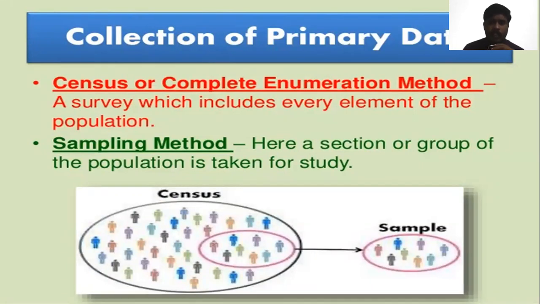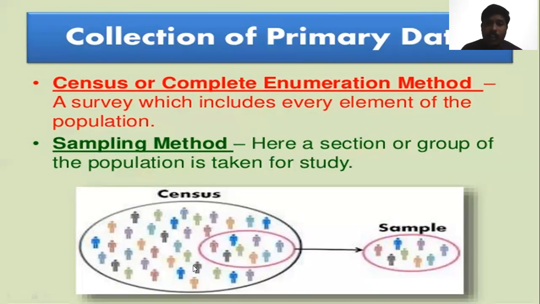I have already told you that there are two types of data. So one is primary data. So now we are considering the collection of primary data. We are going to see about the sampling method. Sampling method is one of the vital methods to choose or collect the primary data. So here it's given to you. It's the overall census, that is the overall population is here.